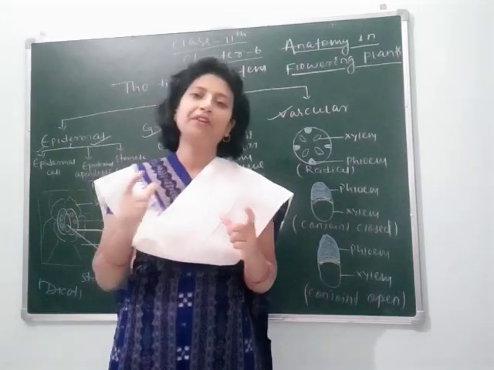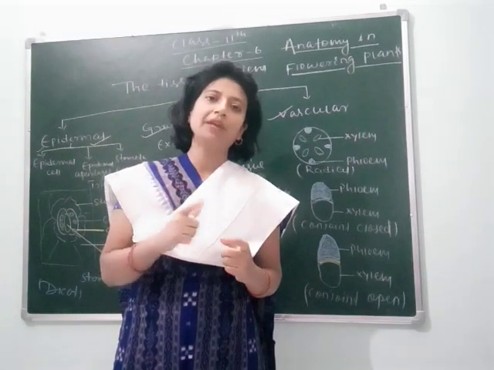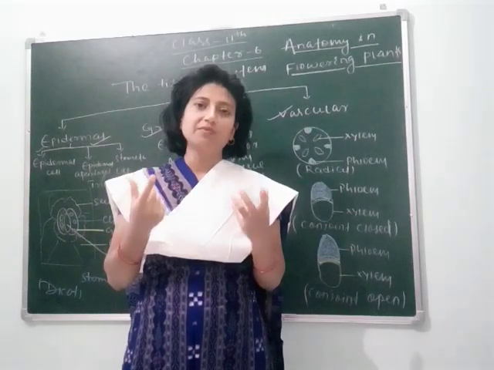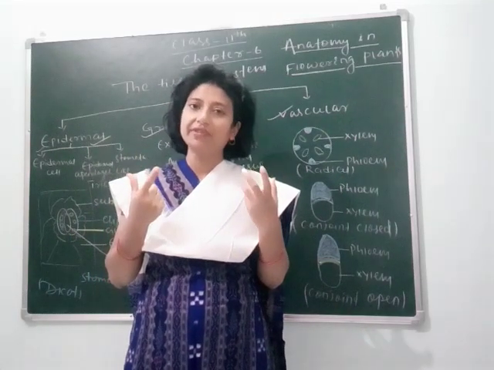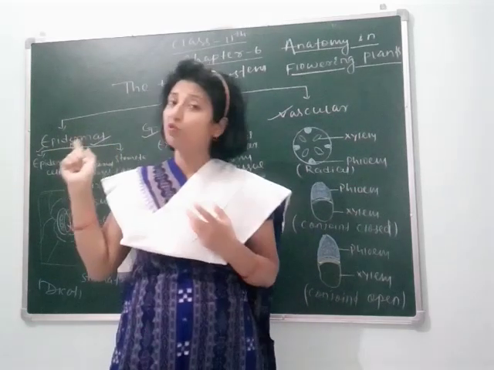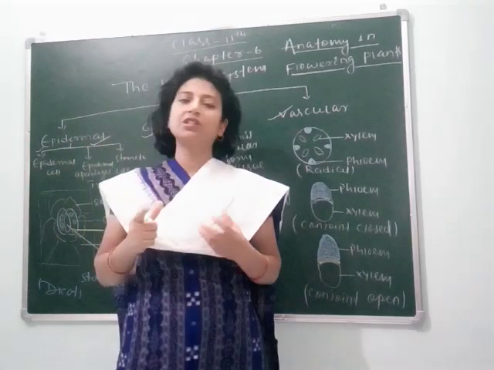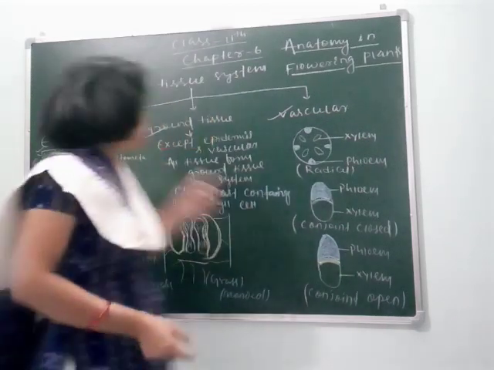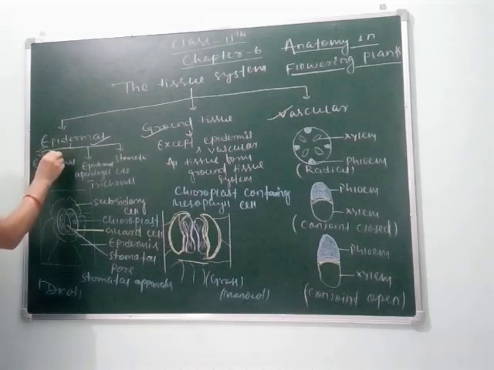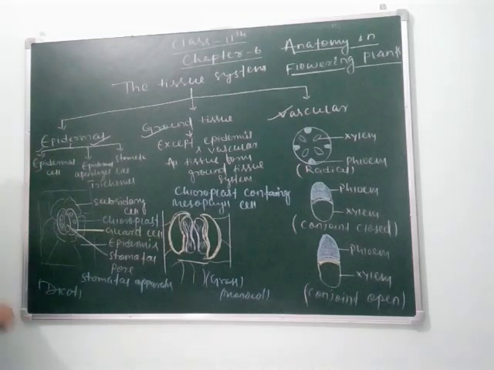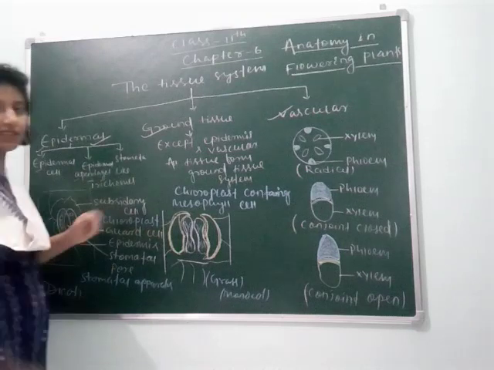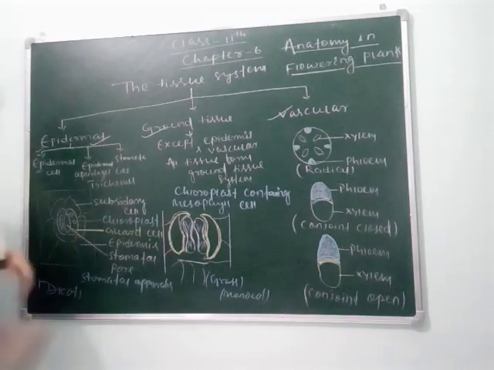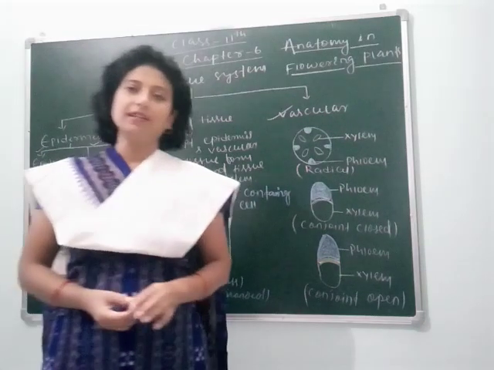Okay students? So let's first understand what is the epidermal tissue system. The word epidermal comes from epidermis. Epidermis means the outer layer of the organism, or the outer layer of the skin. But as we are studying plants, epidermal tissue system means those parts which are present on the outside of a plant. Clear students? So the epidermal tissue system consists of epidermal cells, epidermal appendages, what they are I will tell you, and stomata. Epidermal cells means the outer cells.